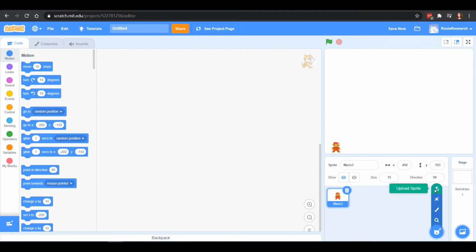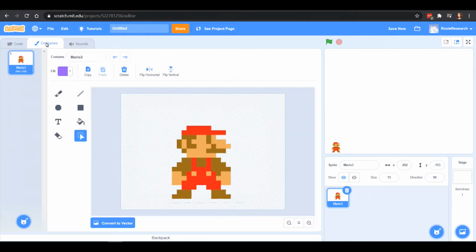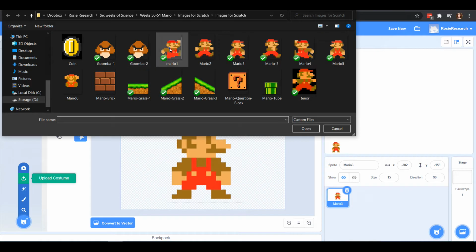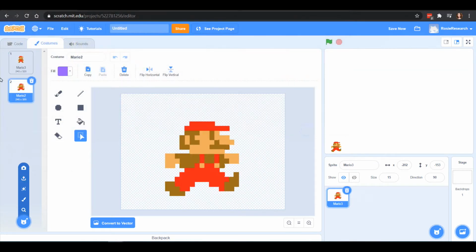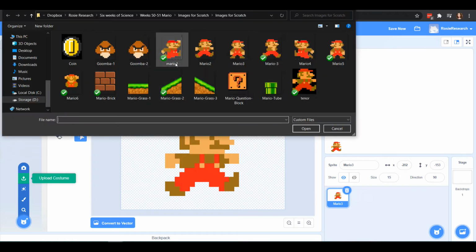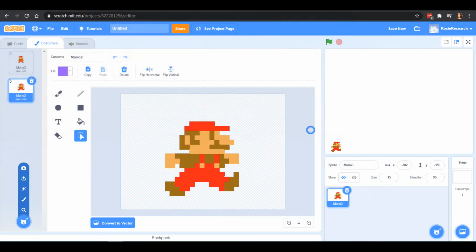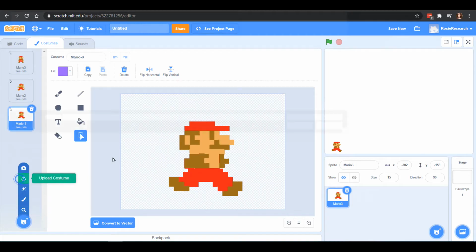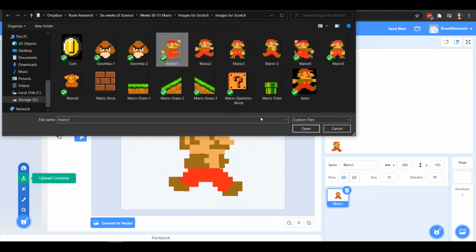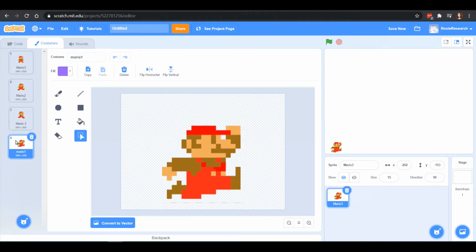Now if I want my Mario to have different costumes, I don't want to upload a new sprite. I want to actually go over into costumes, which is in this upper left hand corner. And now I have just one costume that Mario is wearing at the moment, but I can come over here and upload some more. So maybe this is my Mario jumping. I have Mario in sort of two states of walking. So I'm going to do that one first. I'll have the first state of walking and then sort of the second state of walking, so it can look like Mario walks. And then I can also add my Mario when it jumps. So now I have 4 costumes for this Mario.